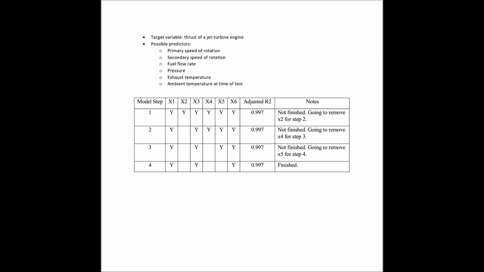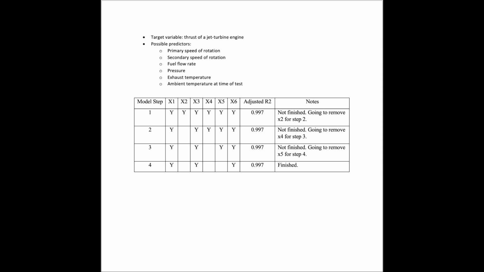The target variable is the thrust of a jet turbine engine, and the possible predictors are primary speed of rotation, secondary speed of rotation, fuel flow rate, pressure, exhaust temperature, and ambient temperature at the time of the test. We started off with x1 through x6, and in the first step I removed x2 as it had the highest